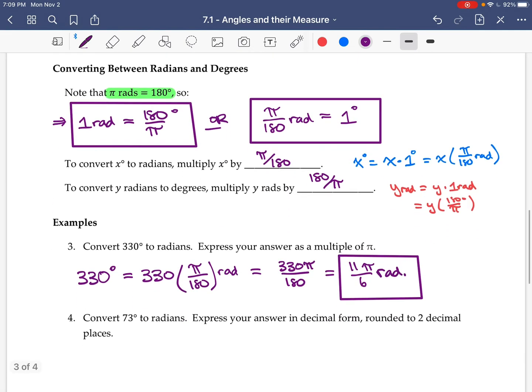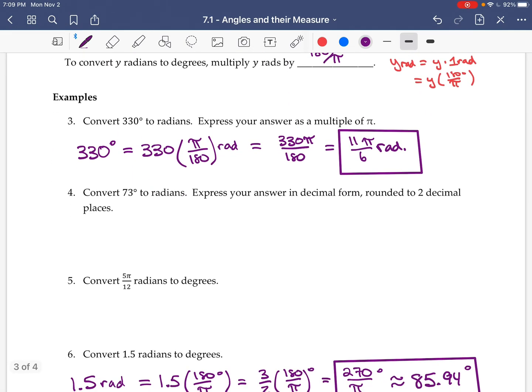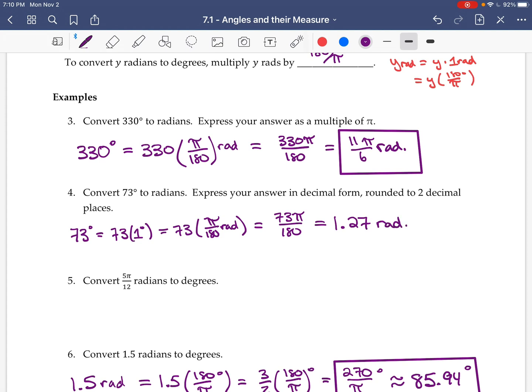Now for the conversions. So if I wanted to convert 73 degrees into radians, so 73 degrees is 73 times 1 degree, and 1 degree is pi by 180 radians. So now I'm in radians. So this is going to be 73 pi divided by 180, and it wants this in decimal form rounded to 2 decimal places. So that's going to be 1.27 radians, I believe,